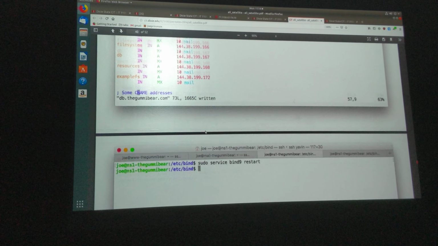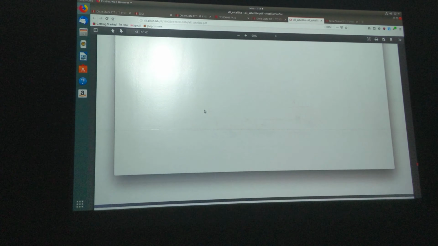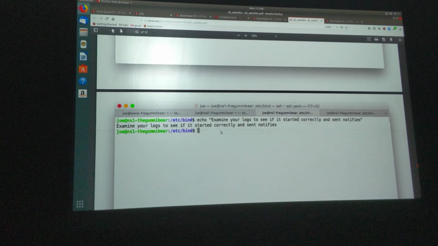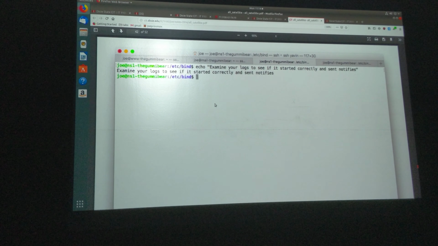Okay, so I added all those MX records, we increment our serial number, we restart bind, we go check our logs to make sure that it started correctly, it sent us notification messages, maybe I'll do a dig test. Okay, if I do a dig, I'm asking